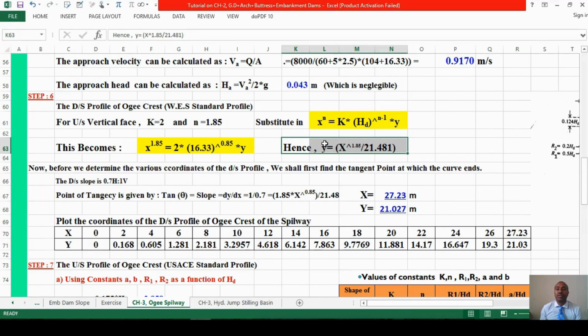So take the derivative of this function: the derivative of 1.85, you bring down the coefficient, then minus 1. So you get 0.85. This is the general equation for the curve. Then determine x: 1 over 0.757, you get 27. This is the result. Then substitute back into the general equation of the crest profile, and you can get again